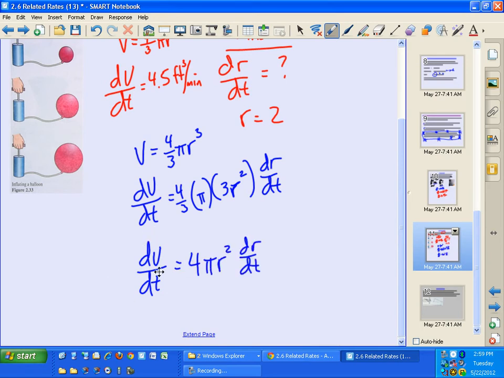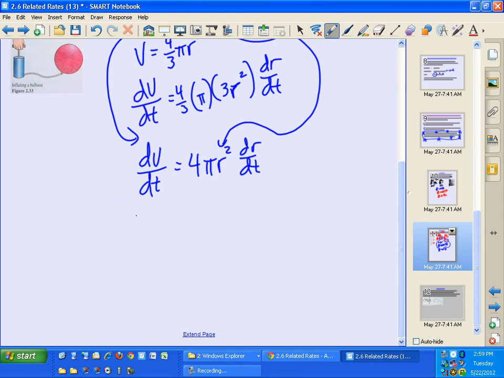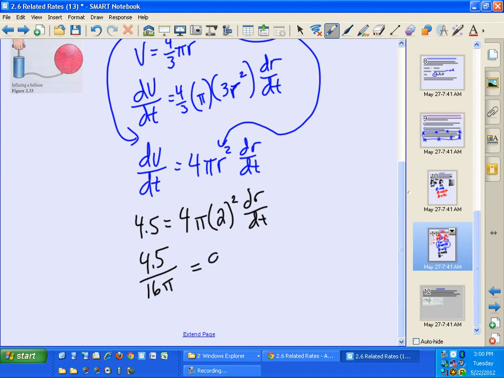Now I've differentiated this volume, and now I'm going to plug in what I know. Well, I know the radius is 2. I know the change in volume is 4.5, so I'm going to plug those into my problem and get 4.5 equals 4 pi times the radius 2 squared dr/dt. Now it's just an algebra problem for me to solve for dr/dt. So I'm going to divide, this is 16 pi, so it's going to be 4.5 over 16 pi will equal dr/dt. If I want to calculate that out, that's going to be approximately